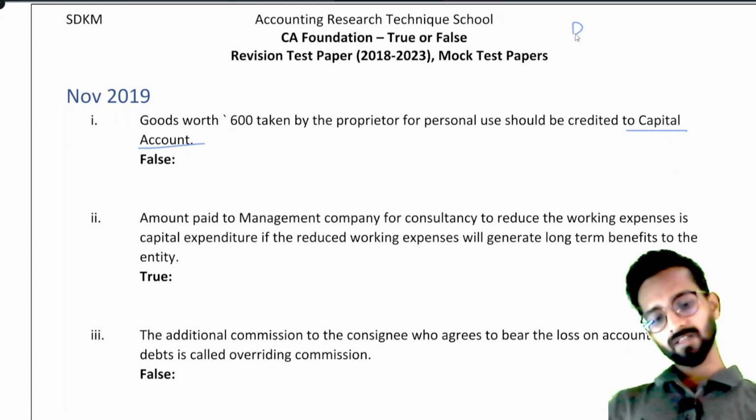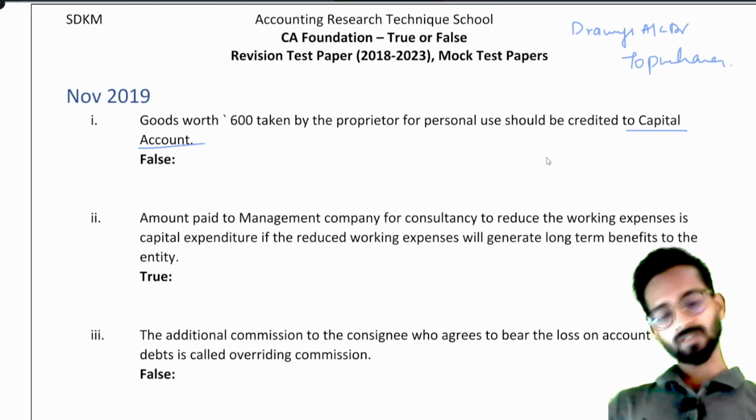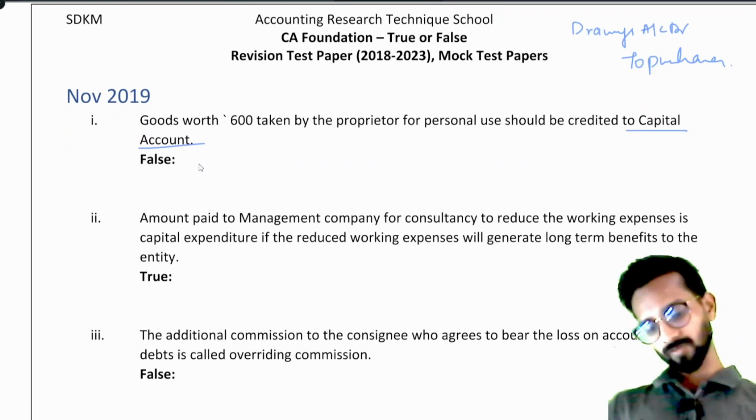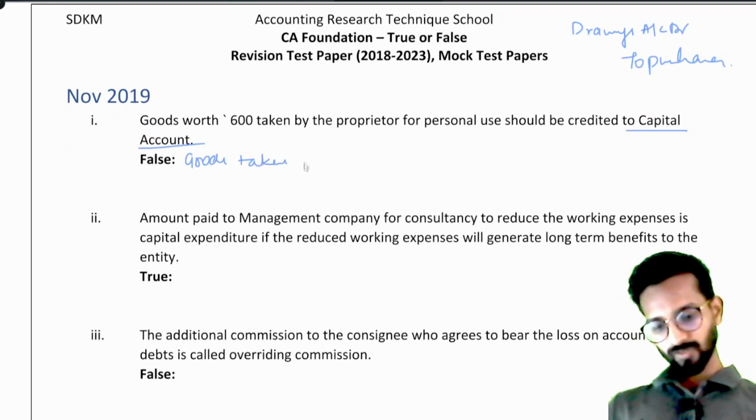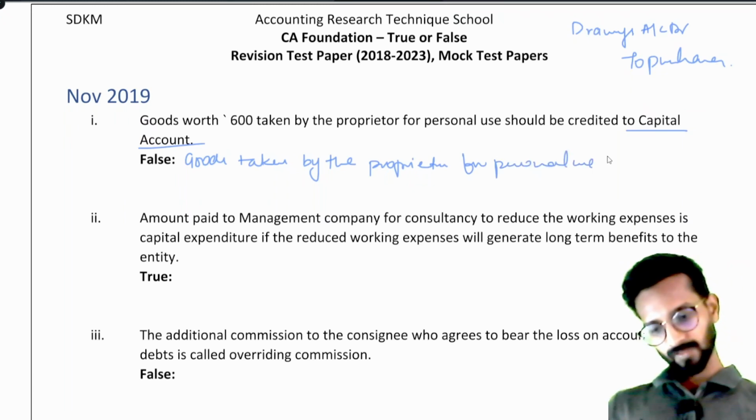What will be credited? Drawings account debit to purchases, because he is withdrawing the goods. So obviously it is false, because goods taken or withdrawn by the proprietor for personal use should be